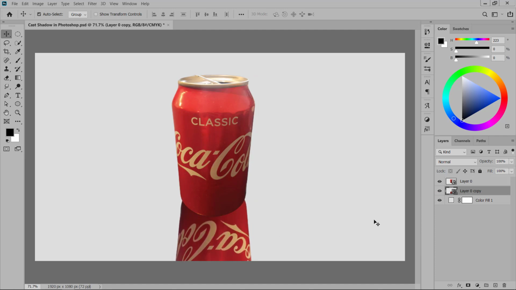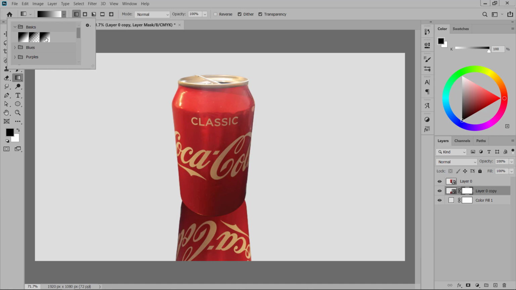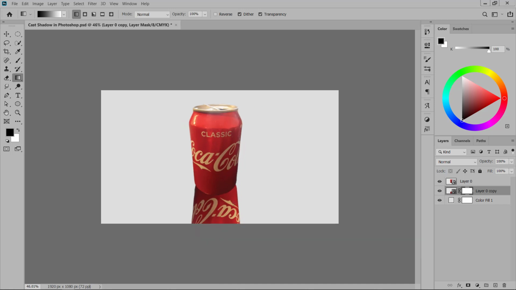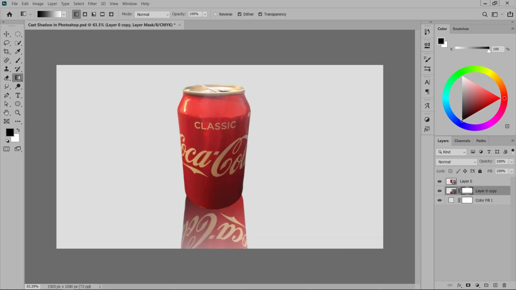I will adjust it a little bit, and then I will create a layer mask on it, and then I will go to the gradient tool and select the third gradient from here. What a layer mask does is, on a layer mask only the white part will be showing and the black part will be hiding. So with the gradient tool I will hide some of its parts. I will drag the gradient from bottom to the top, and as you can see, it is making a transition.